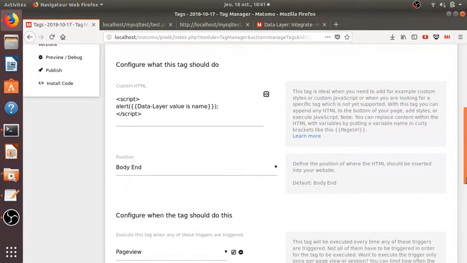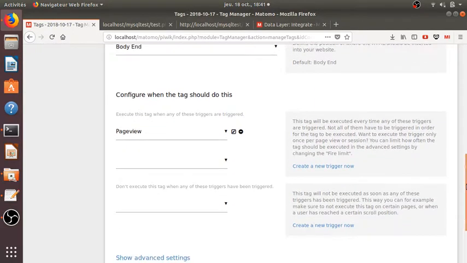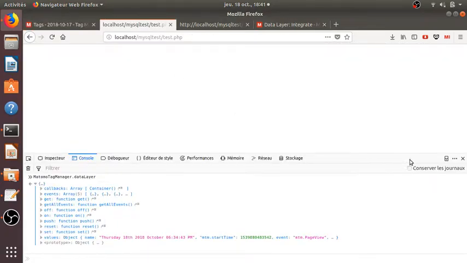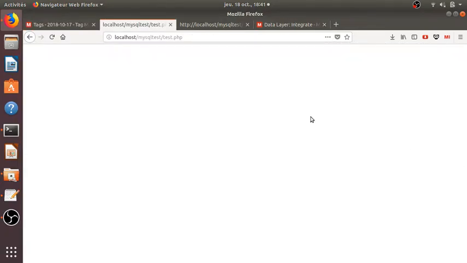In my case, I created a custom HTML tag. I defined it as an alert, and in the alert I want the variable of my data layer to be filled with the variable that I created, which is name, and I want to trigger it on each page view. So if I reload this page, there should be a pop-up filled in with the current date. If I do it, it's not working.